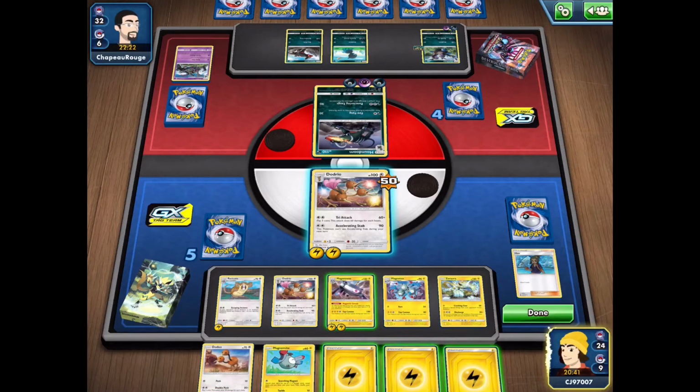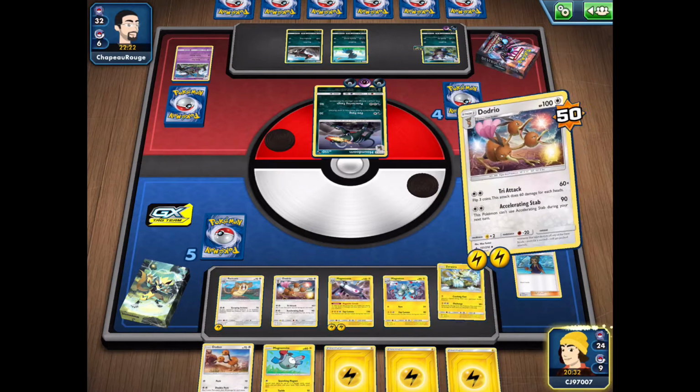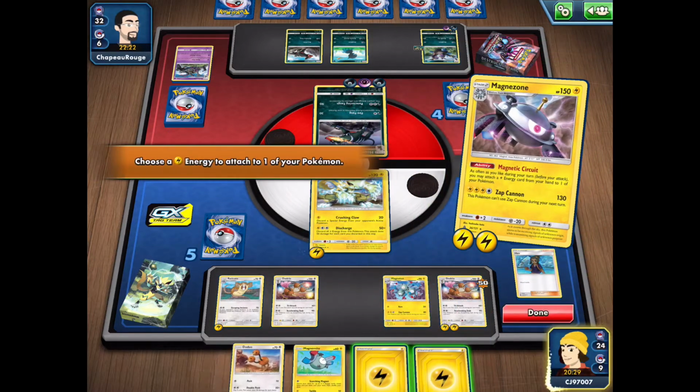This week's Theme Deck Tuesday is featuring the best energy acceleration in the Theme Deck format in the form of Magnezone with its Magnetic Circuit ability. Let's see just how well it stacks up against the other Theme Decks, and of course